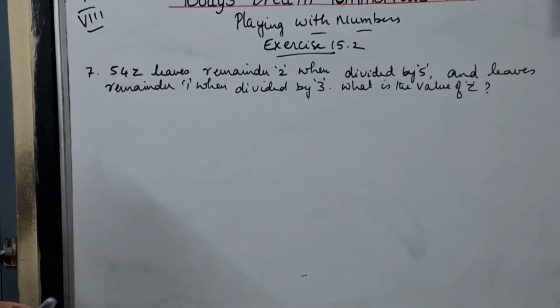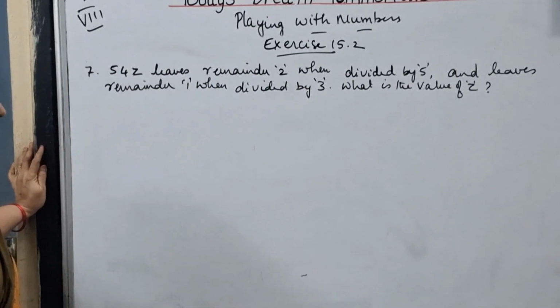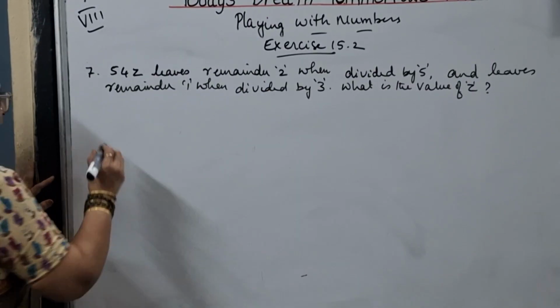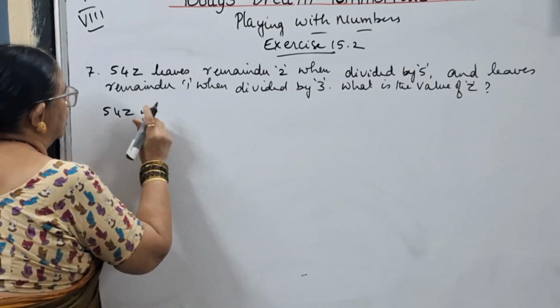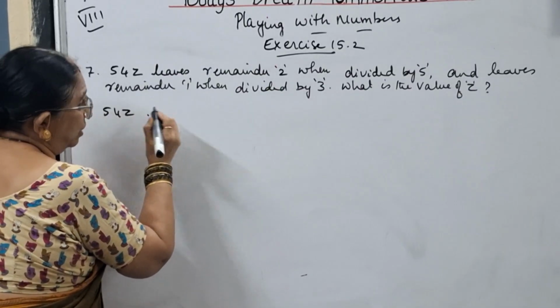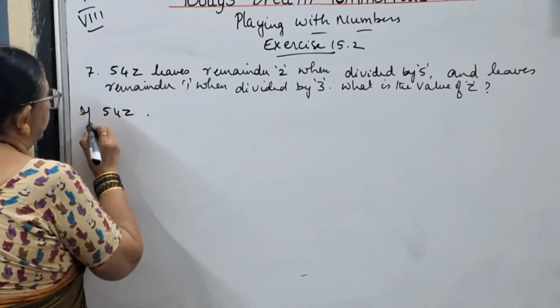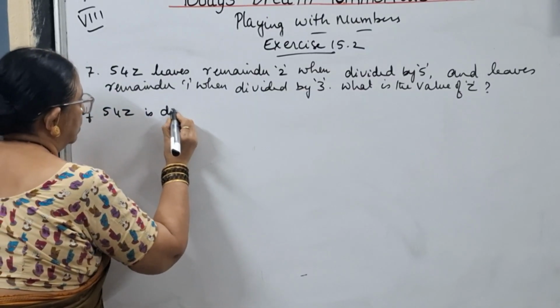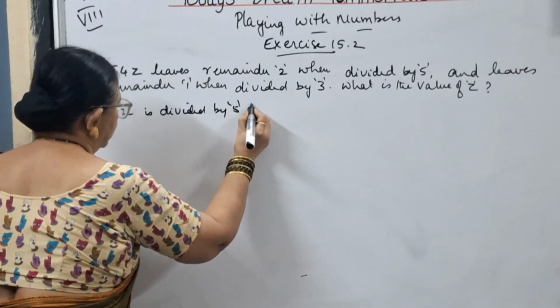Now, seventh problem, children. 54z leaves remainder 2 when divided by 5 and leaves remainder 1 when divided by 3. What is the value of z? So, first let me take 54z. It leaves remainder 2 when divided by 5. If 54z is divided by 5, then